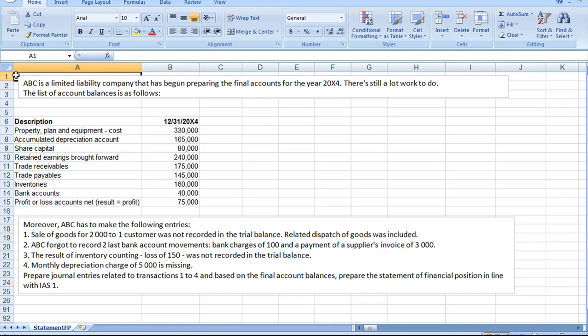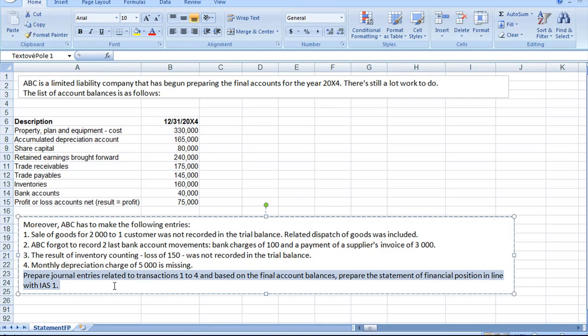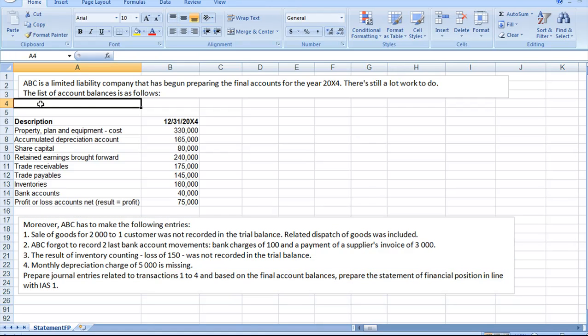www.ifrsbox.com, and you just started to watch the video with a very basic example on how to make journal entries and how to prepare the statement of financial position in line with IAS 1. That's useful for those of you who prepare for some exams or just need to understand how journal entries and